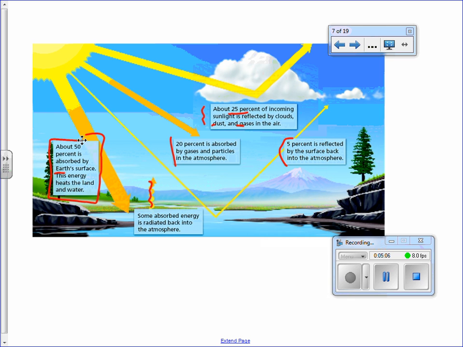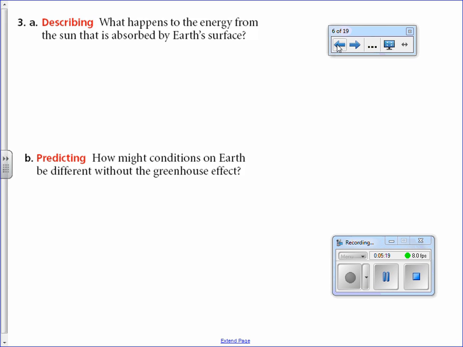Got it? And what we're going to find out tomorrow as we do our lab is just the difference in heating and cooling of water, air, and sand. When we go back to here,